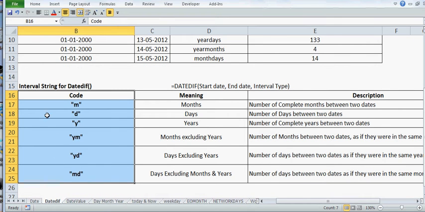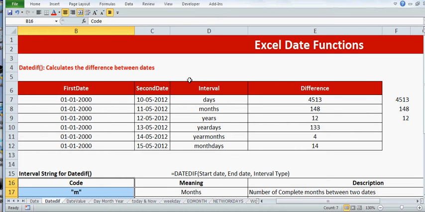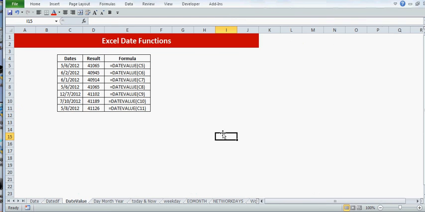We have also given the interval strings for the DATEDIF function. You just explore this further and learn more about it. It's a very important tool as far as learning the Excel DATEDIF function is concerned. You can easily find out the difference between the dates and do whatever calculation you want to do with the dates.